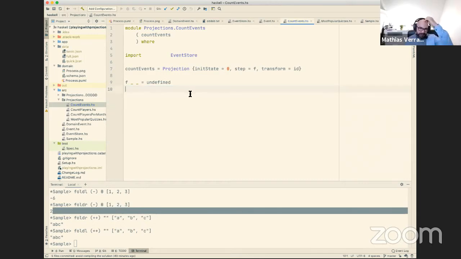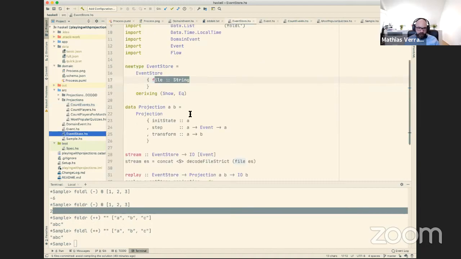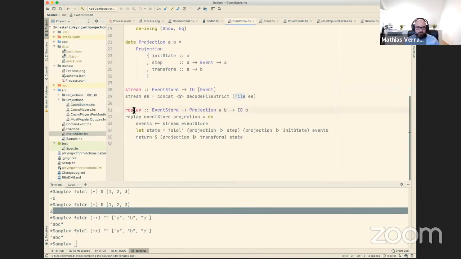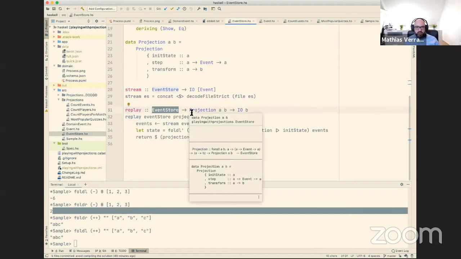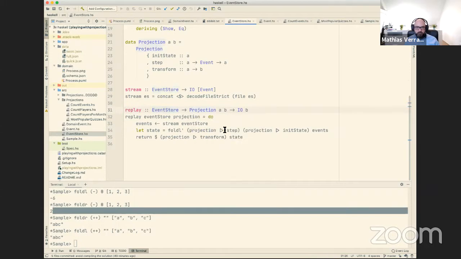So let's actually do our fold. The actual fold happens elsewhere. I already have this replay function here, which basically takes an event store and a projection, and then gets those functions from the projection. So here we're saying do a fold left,